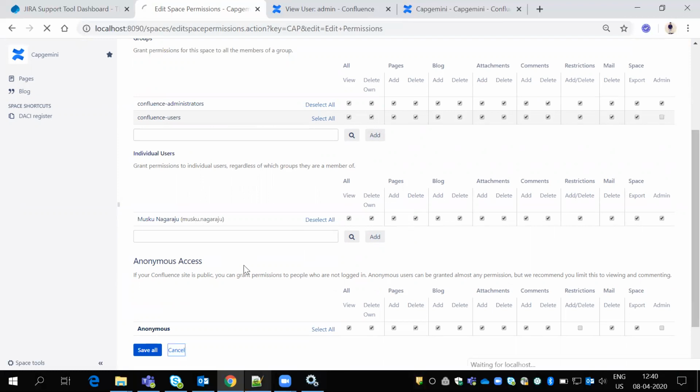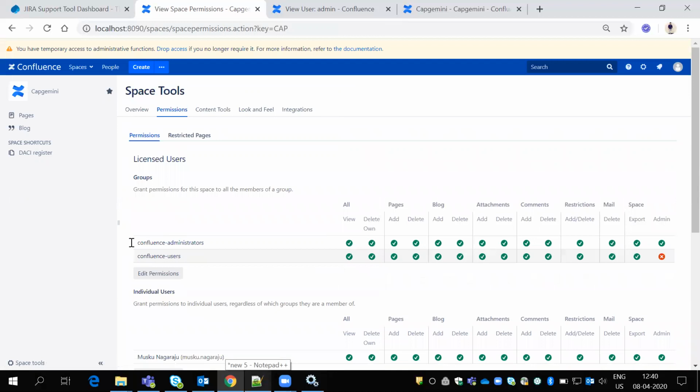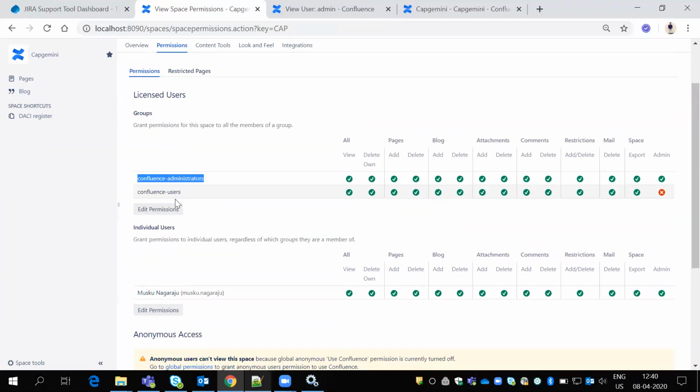In this case, I have here the Confluence administrator. If you are the Confluence administrator, and the person who created the space has not given you access to the space permissions, you can't do anything. The space pages are related to their owners. If they want any help, we can do it. But if they have knowledge of Jira and Confluence and have restricted your page, you can't edit it.